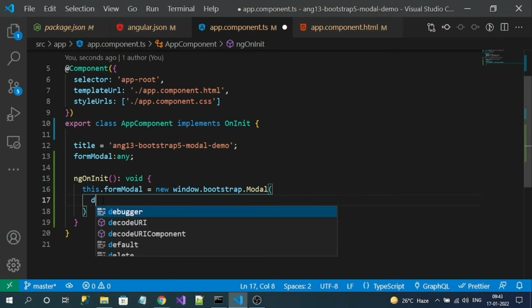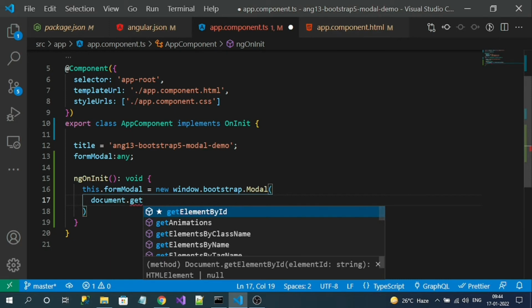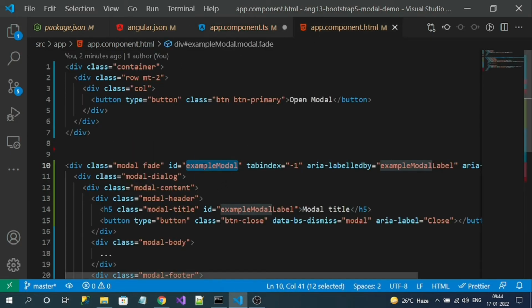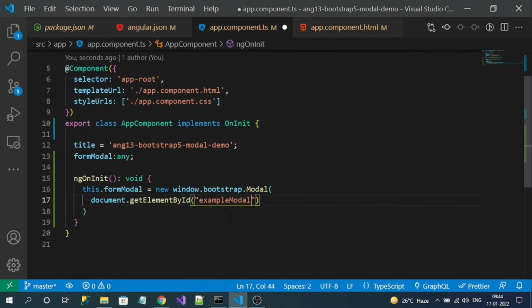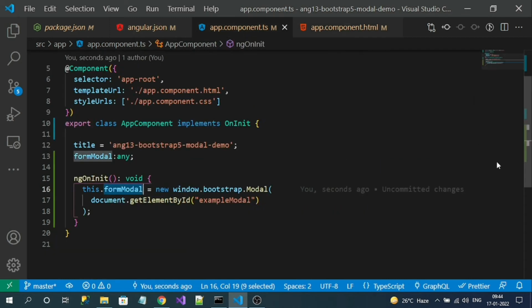So to do that, I can use document.getElementById. And let's copy the ID of my Bootstrap. Okay, this formModal variable can interact with the Bootstrap modal pop-up.